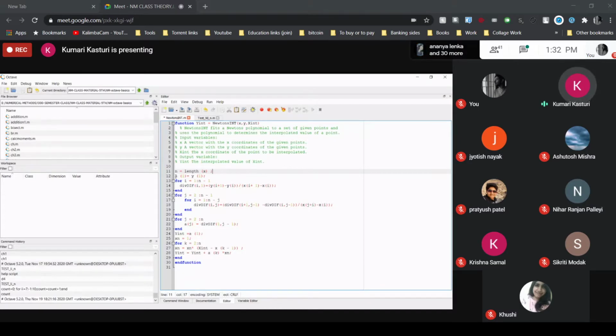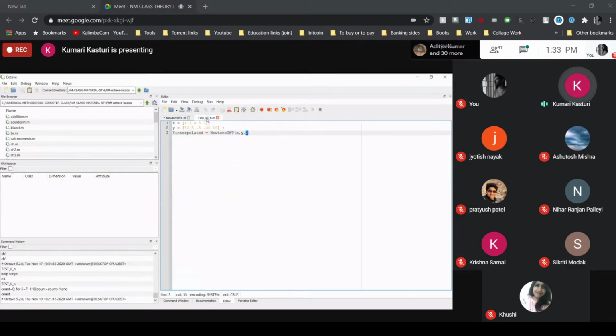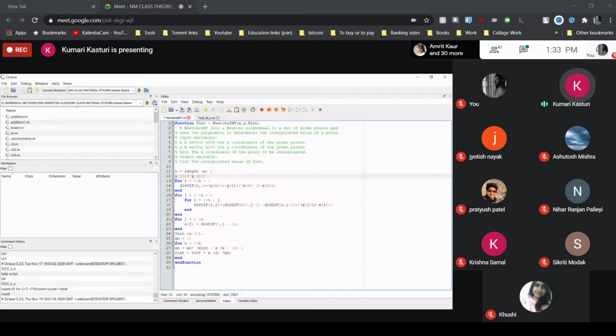Now come to the first one. I have already told you that in the divided difference table, the first element of y is your a1. That's why a1 does not need to be calculated; directly you can write a1 is equal to y1. Why y1? y1 is already given, that is 52. So automatically no need to calculate the first coefficient a1.